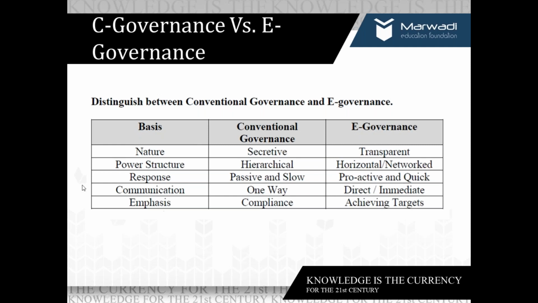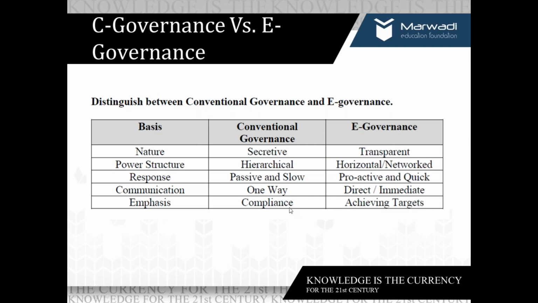Communication is only one way in conventional governance. You should go to a portal and put your queries there. But in e-governance, you can communicate directly with the government. The best example is the PMO websites, where they have a facility to raise queries and put your suggestions also. Based on e-governance, you are always invited to put your suggestions, and they may quickly give feedback.